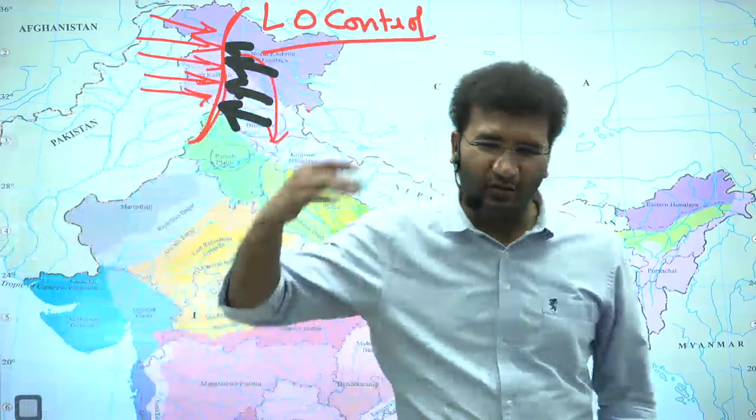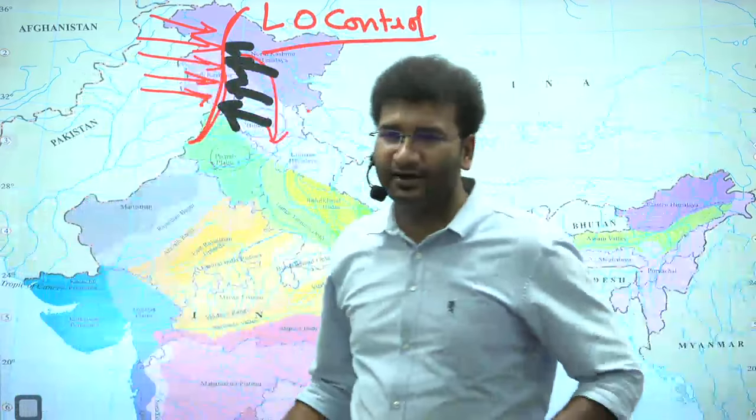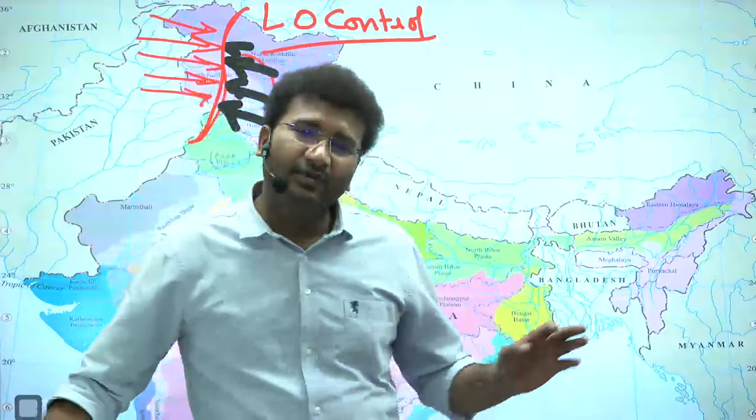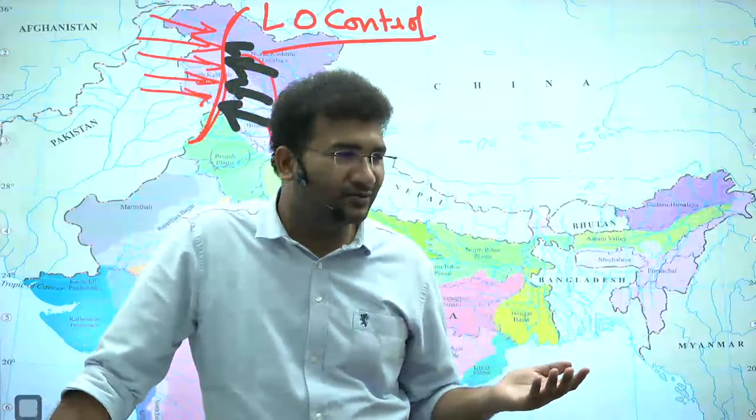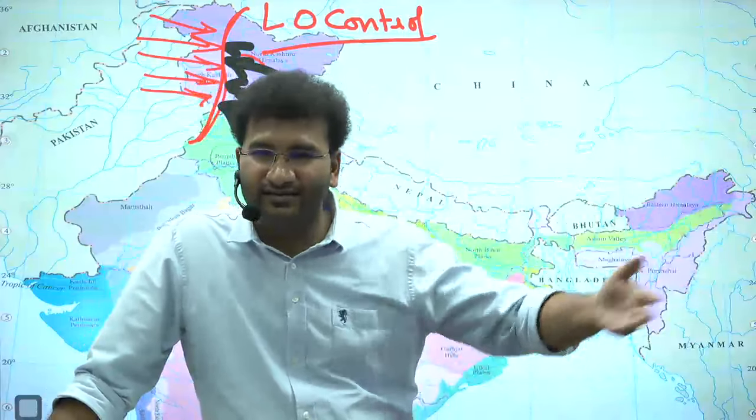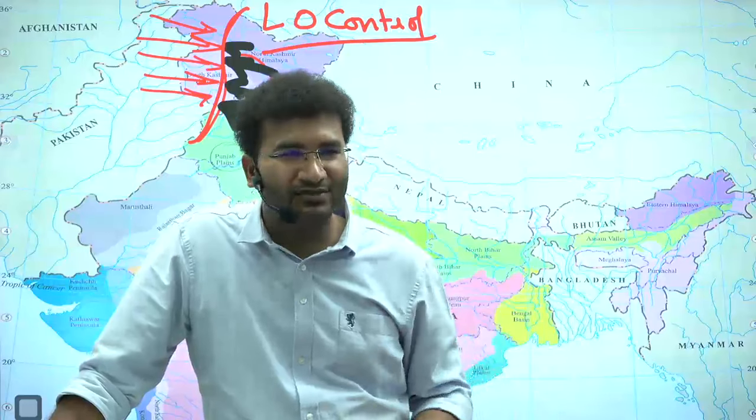Now, here the story goes on. There are some disputes, but we need not enter into the geopolitics. It was the UN that came into the picture. Nehru, instead of taking it on his own, went to the UN and said, let's solve this through a treaty. But when the UN comes into the picture,